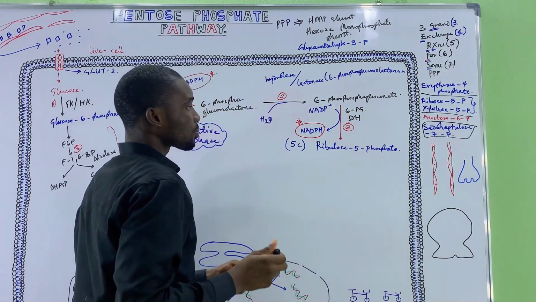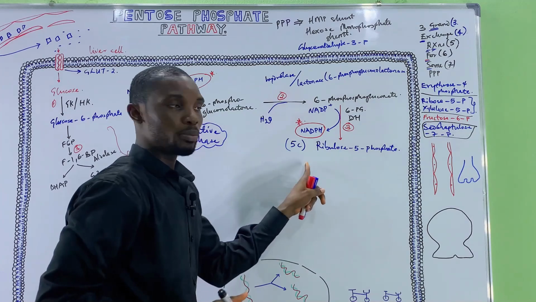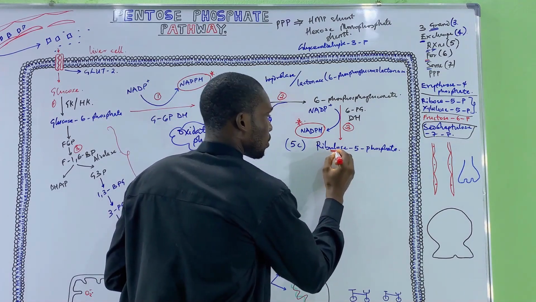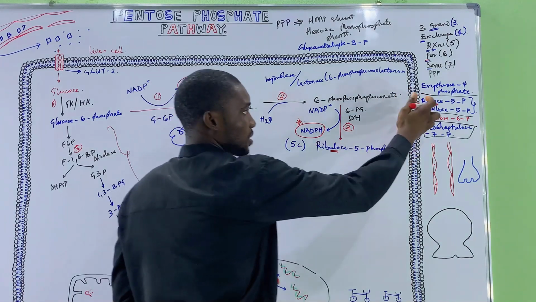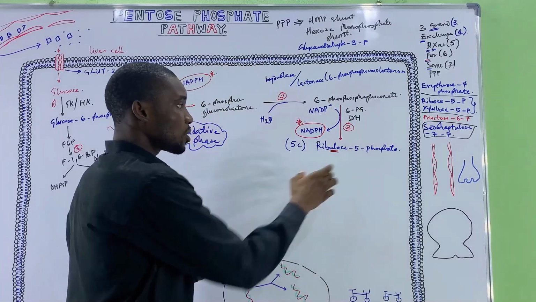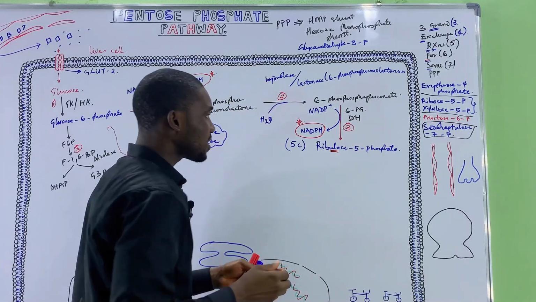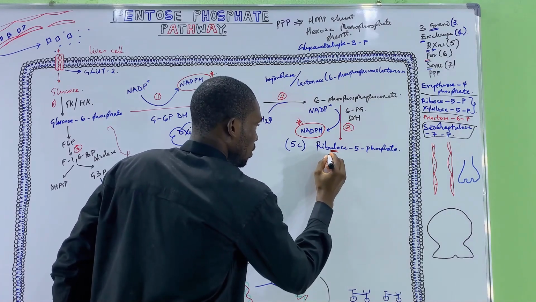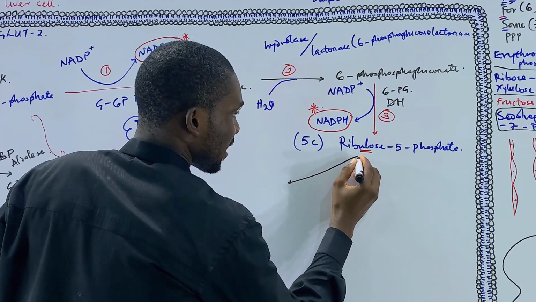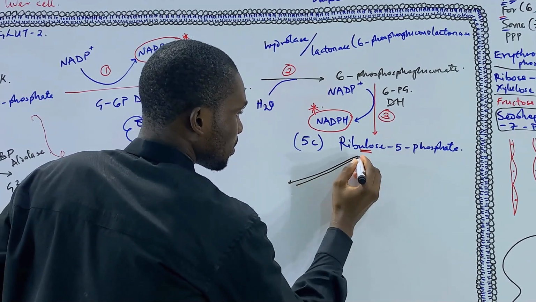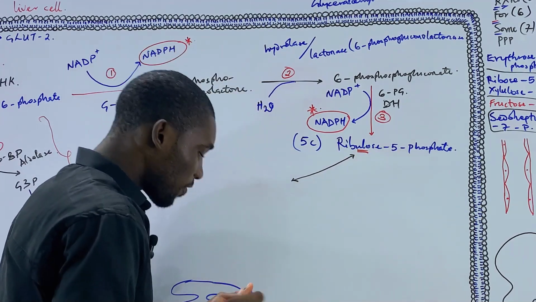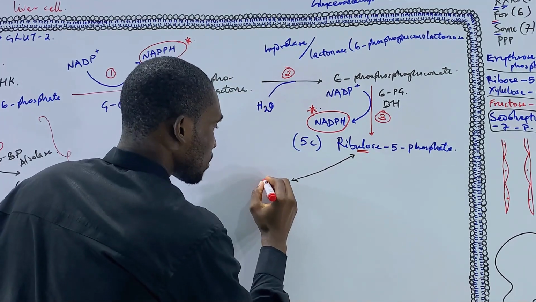Yeah. So over here, we've already formed ribulose 5 phosphate. Remember, this is ribulose, not ribose. Ribose is what we discussed previously, but this is ribulose 5 phosphate. This ribulose 5 phosphate would be acted upon by an enzyme. This is a reversible reaction. So this ribulose 5 phosphate would be converted to ribose